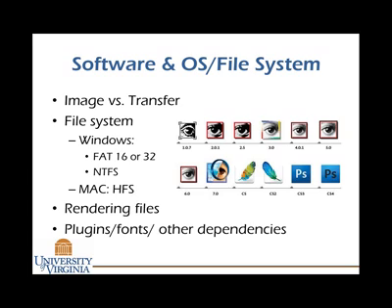At its most basic level, the ability to read a disk is dependent on its file system. So the file system determines how the data on the disk is organized. It's technical, it's not important to fully understand this, other than to know that Windows operating systems use FAT, or File Allocation Tables, in 16 or 32-bit, or NTFS, which